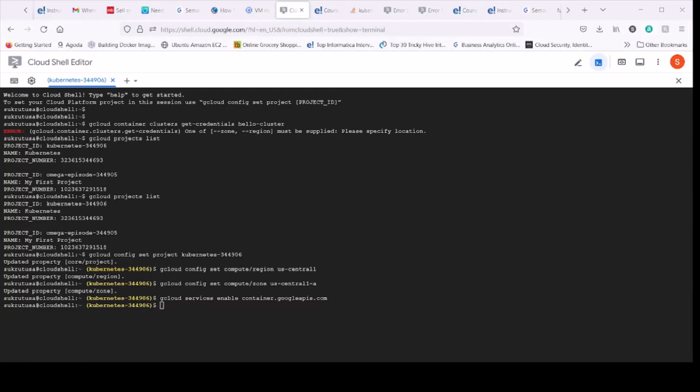But in this video I just want to focus on how Google Cloud will help you to create your first cluster. Give it a try. It is very easy. So once you enable the container APIs, you can create the container registry. So these are the basic requirements for your Google Cloud